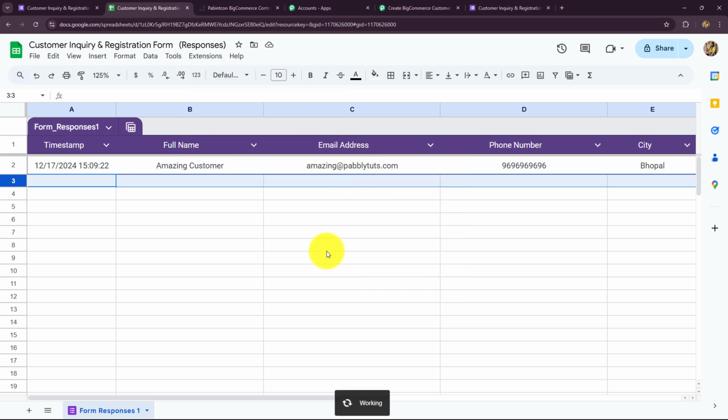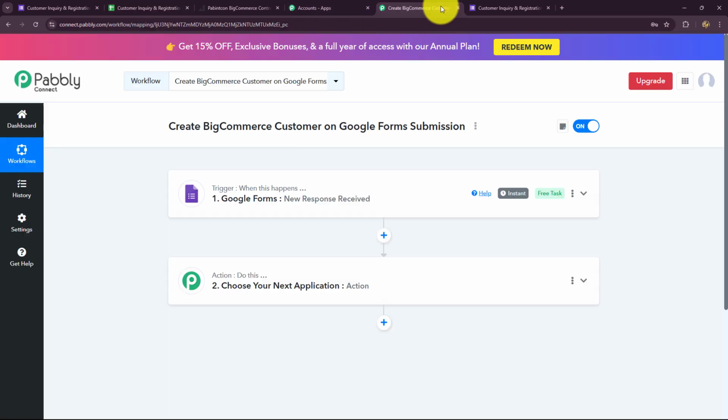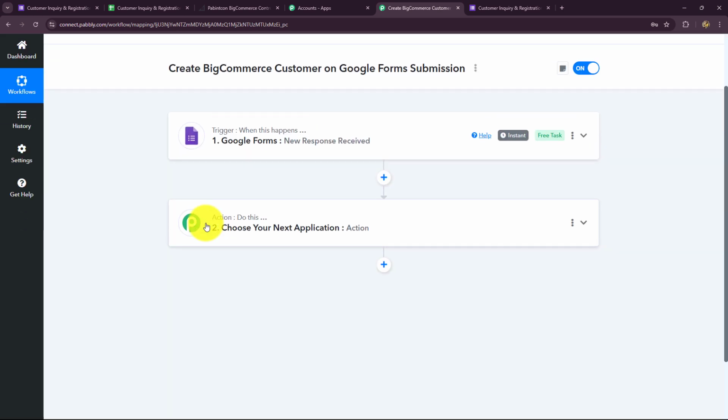We have to click on this button. As we have done that, now we have made sure that as soon as a new response is captured from Google Forms in this spreadsheet, the data will automatically keep on sending towards Pabbly Connect. Once we have set up the connection successfully between Google Forms and Pabbly Connect, now we have to create the